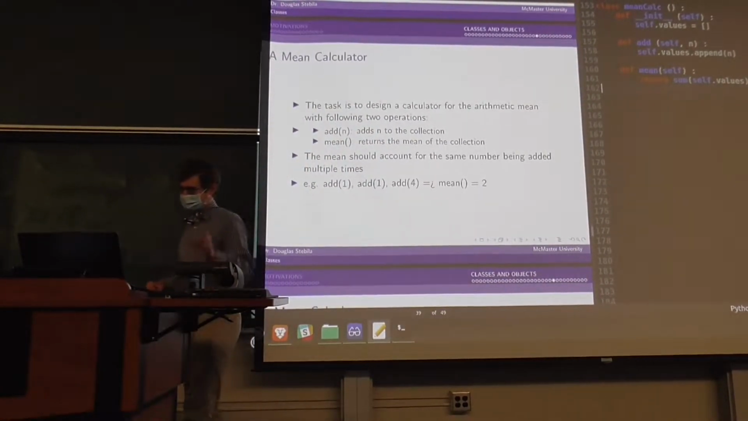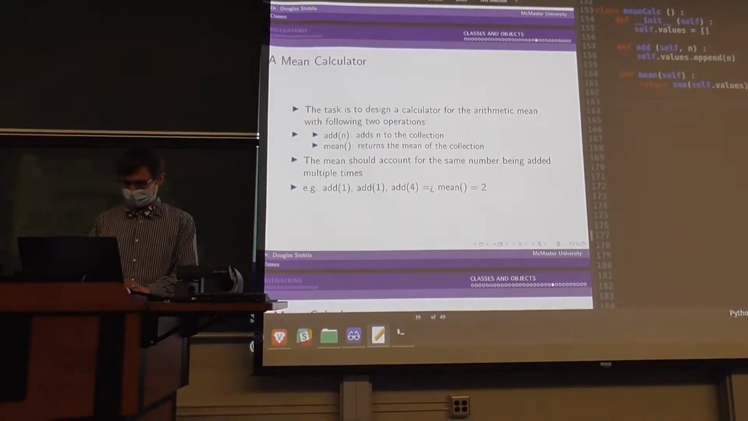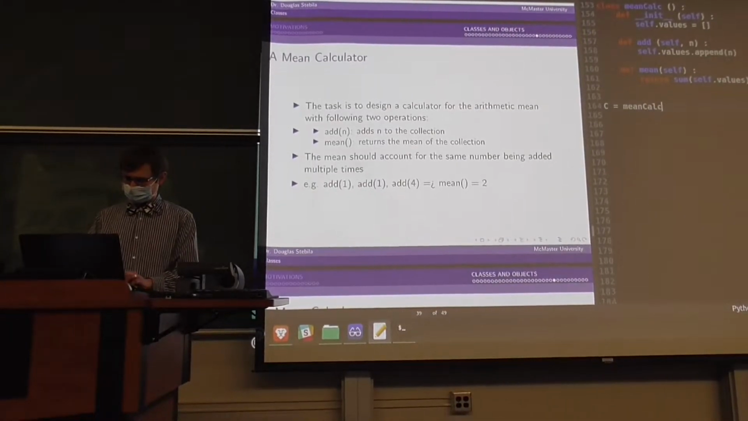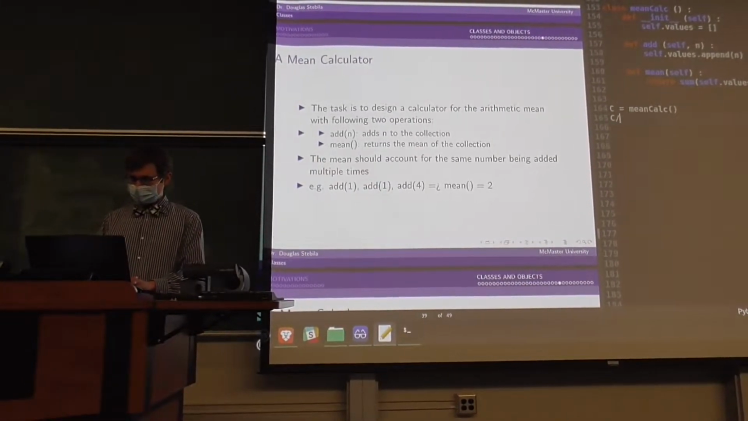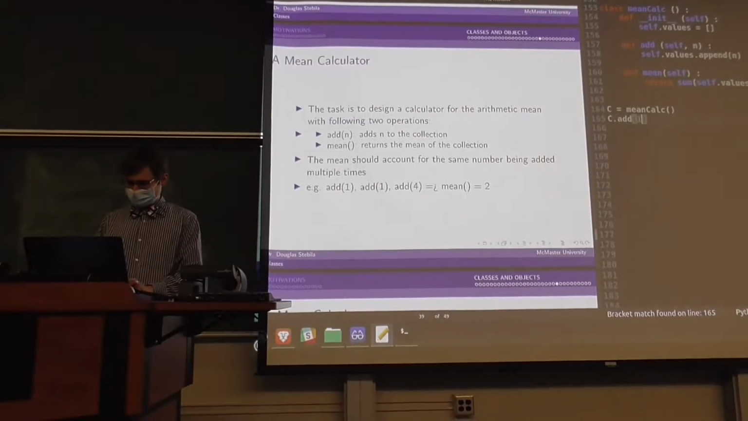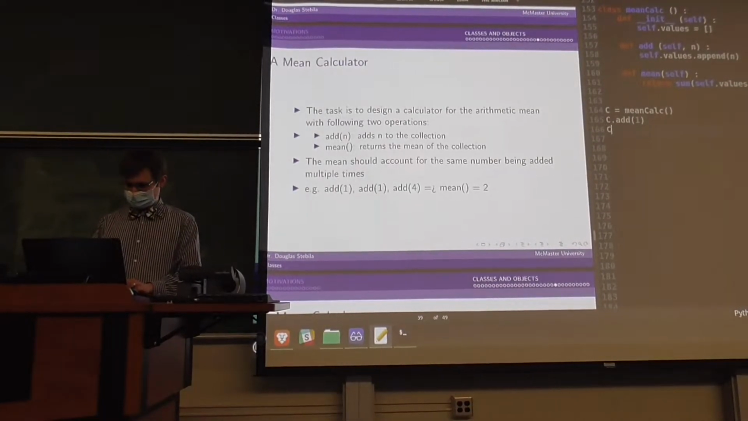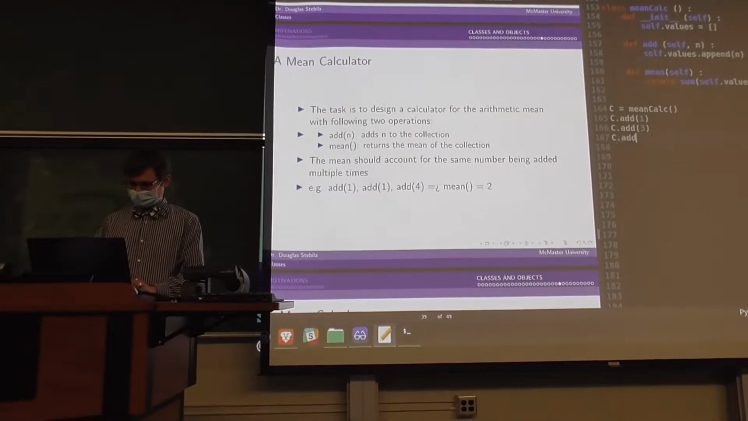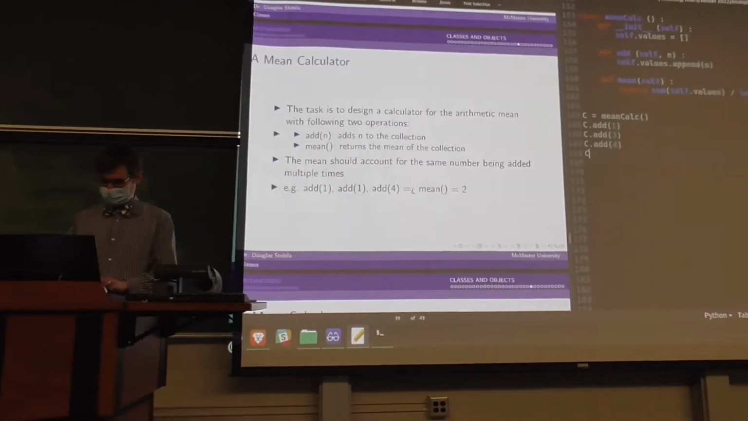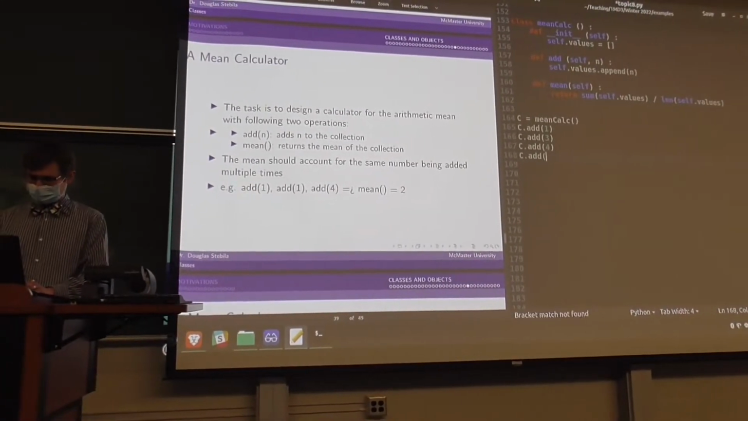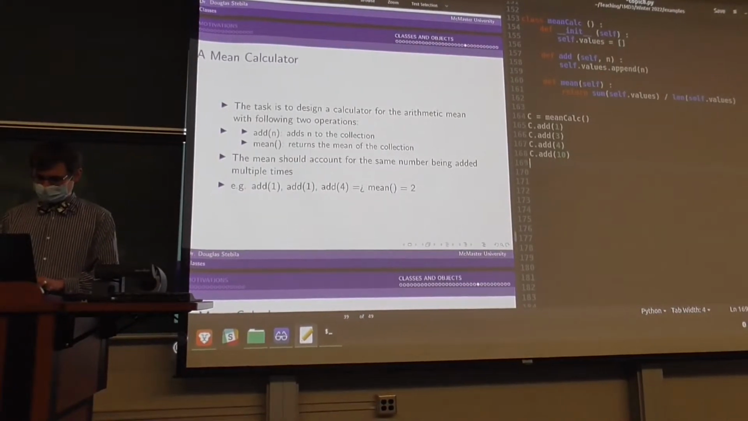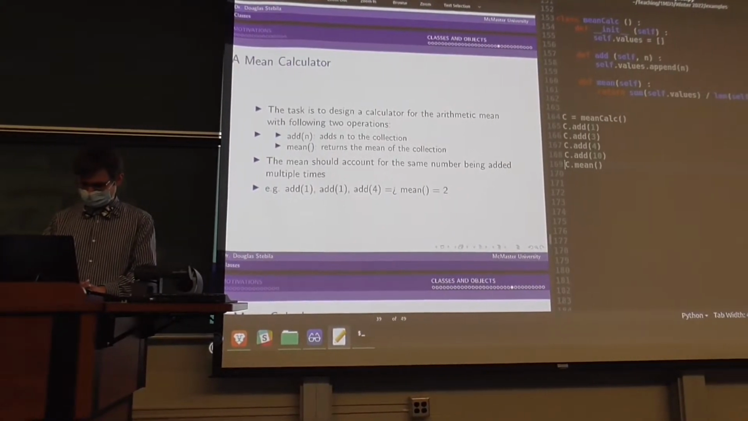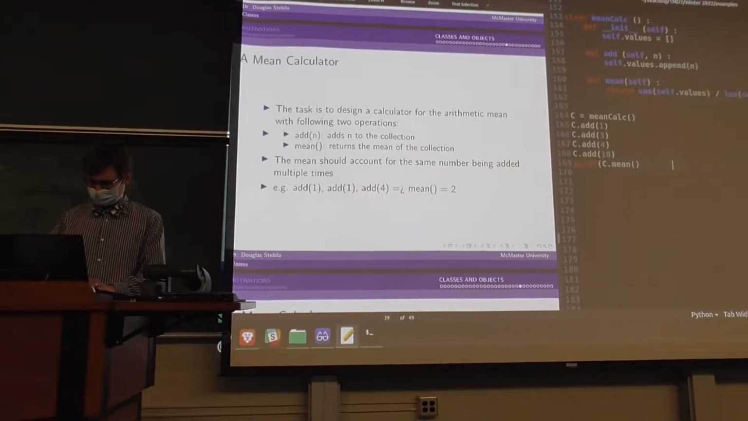Yeah. Cool. So let's just say we have capital C is a mean calculator. C.add(1), C.add(3), C.add(4), C.add(10), C.mean, home, print, and